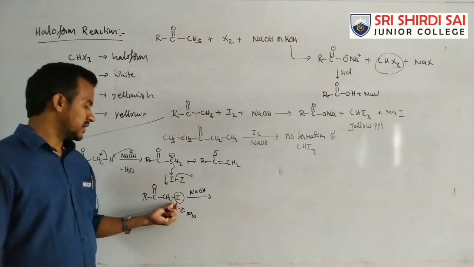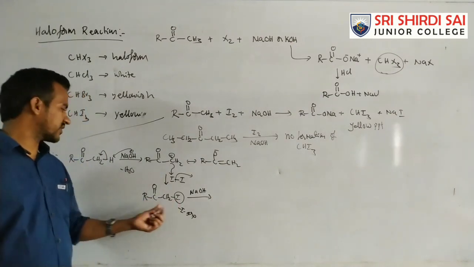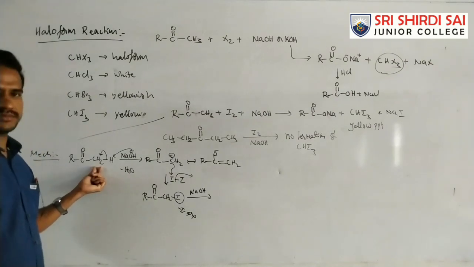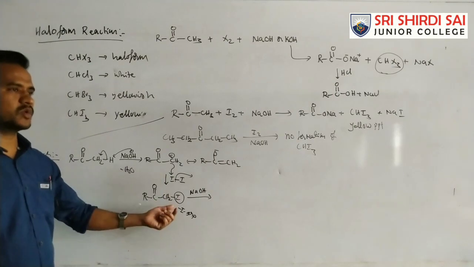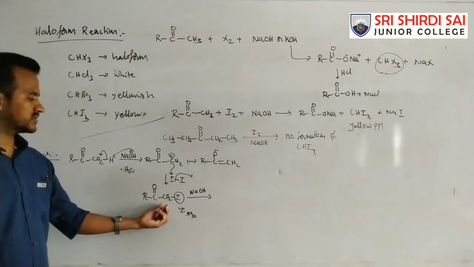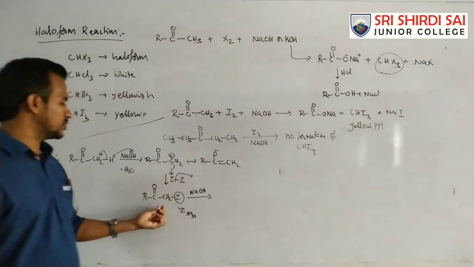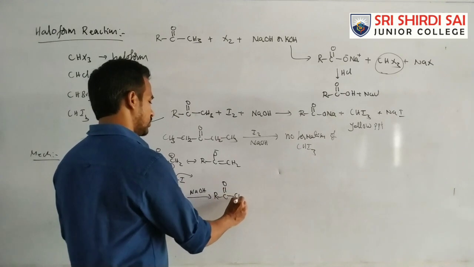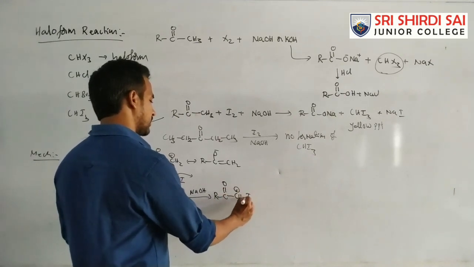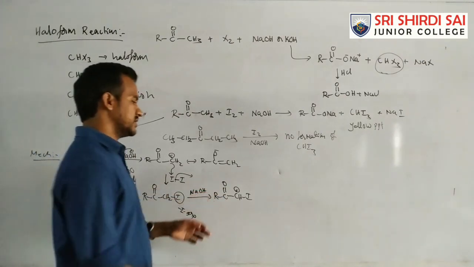But in this case, these hydrogens are a little bit more acidic than these hydrogens, because this iodine is a minus I group. Additionally, one minus I group is added. Okay, so that's why the acidic nature of these hydrogens is increased. So again the base removes the hydrogen and iodine. Okay, of course again it is stabilized by the resonance.